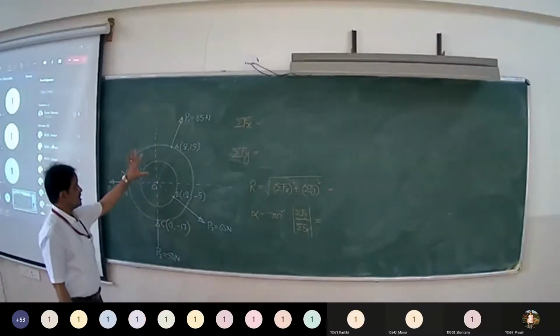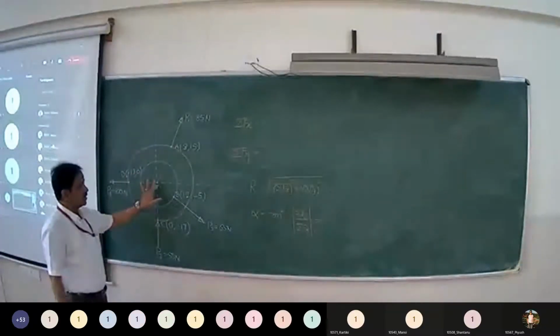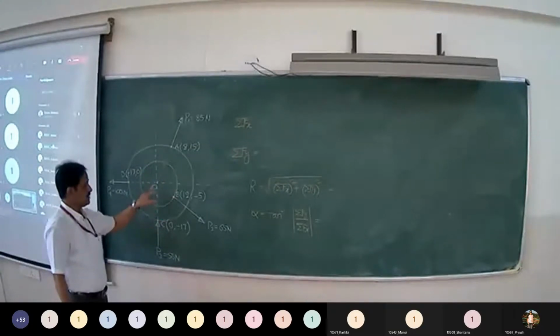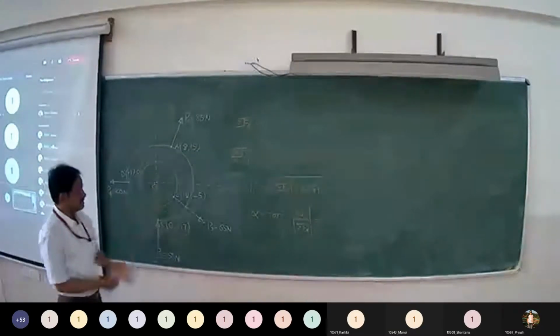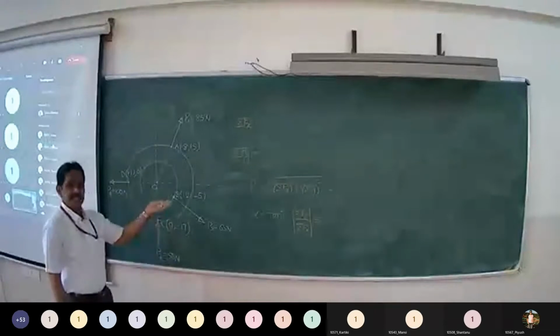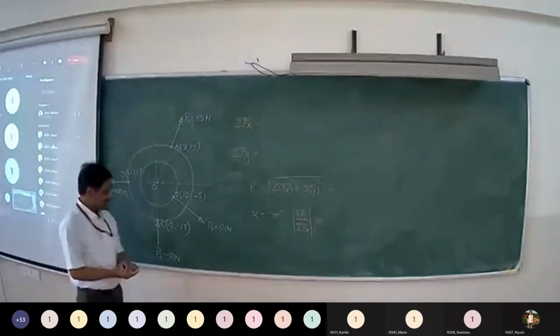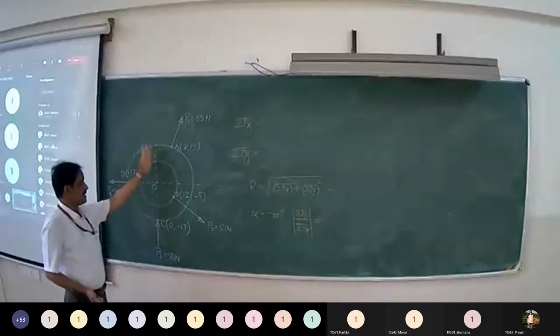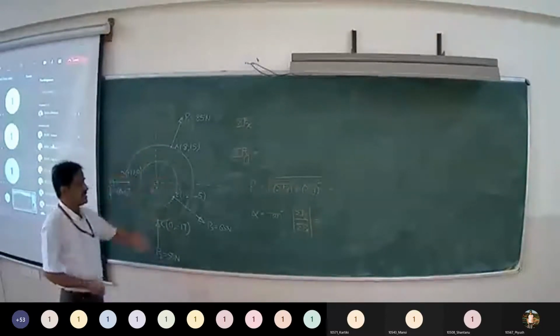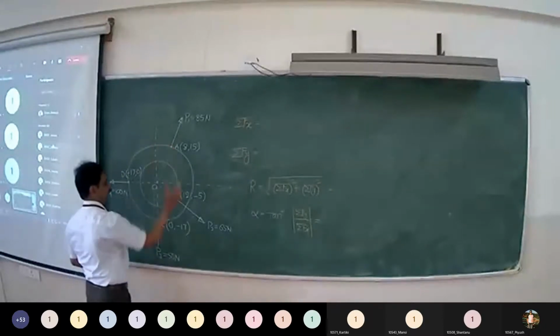Okay, the 4 forces P1, P2, P3, P4 are acting on the ring, and these forces are forming a system of concurrent forces. Now to find out the resultant of these forces, you have to resolve the forces into xy components. Here P3 is acting along the y-axis, P4 is acting along the x-axis. Now to resolve P1 and P2,